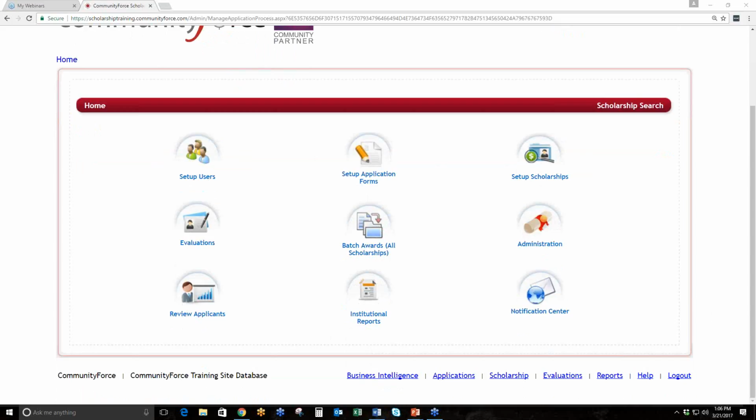Now, something I do want to touch on in regards to building an application form. An application form is very different from a paper form, and the majority of you have more than likely had our team build the application form for you. Whenever you're building an application form, you always want to think about what you want to pull out of that application. That determines the way you're going to build the application and the type of questions you want to format. If you want to pull reports on specific data and you have questions where you're looking for certain values, certain replies,